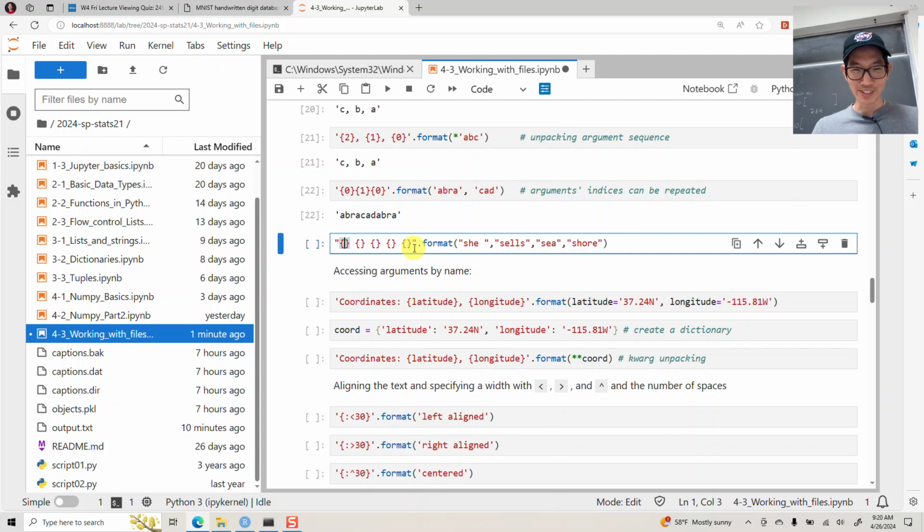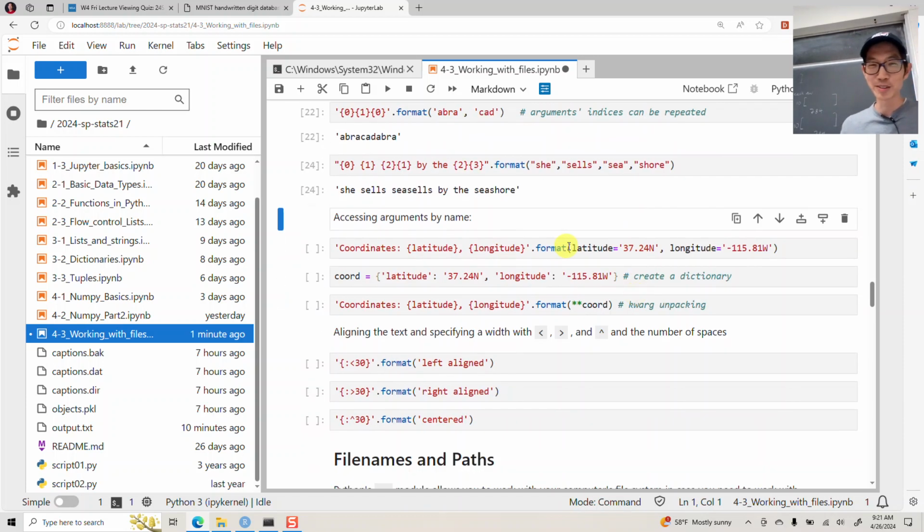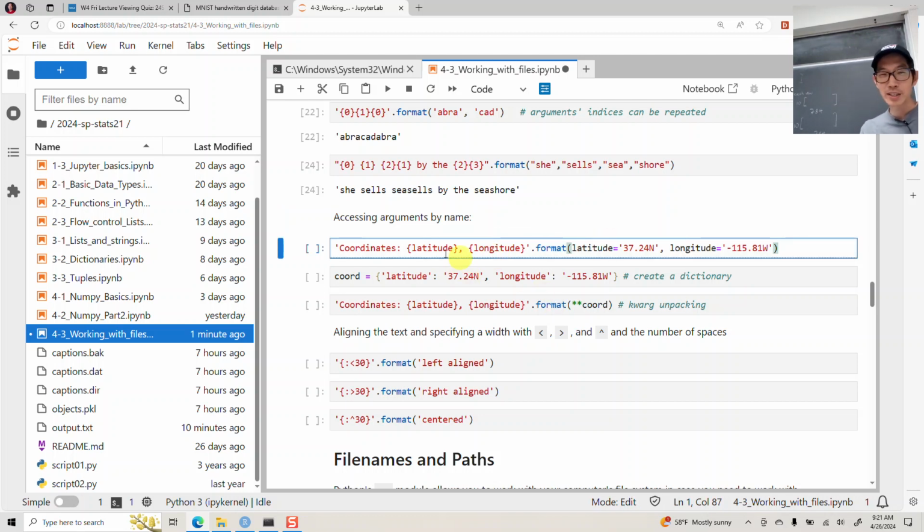So we're going to need to do 0, 1, 2, 1. I have to do by the 3. No, 2, 3. 2, 3. Is that right? She sells seashells by the seashore, something like that. Okay, I don't know. Come up with something fun here. Peter and Piper. Now that's not that good. Okay, but anyway,